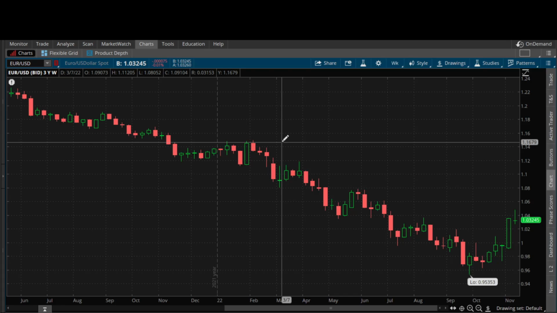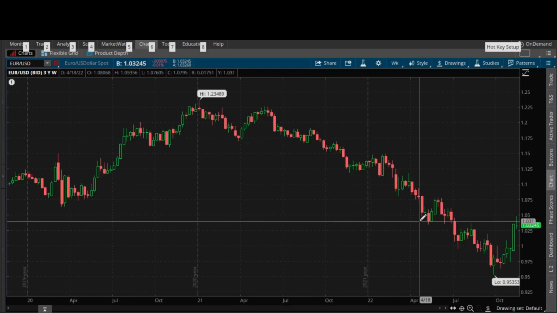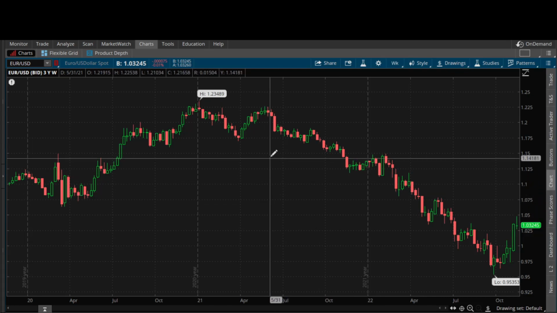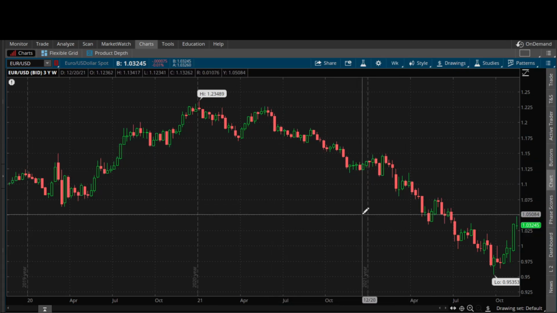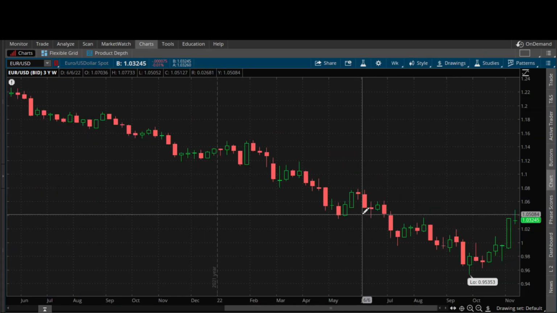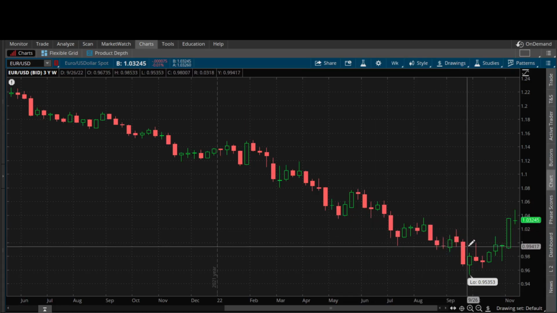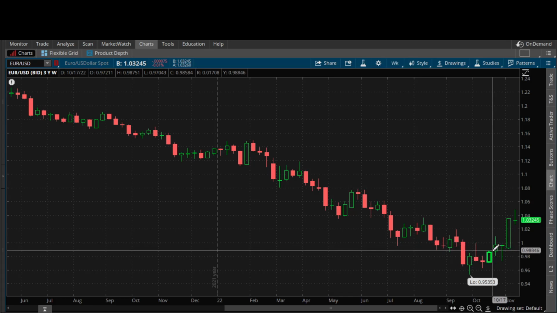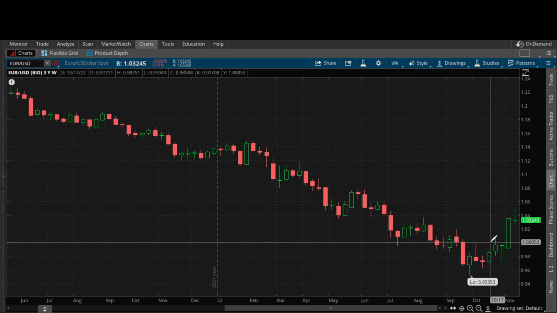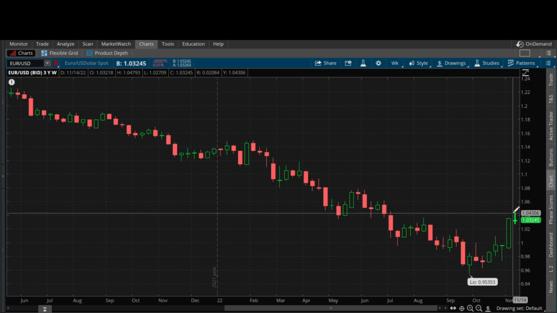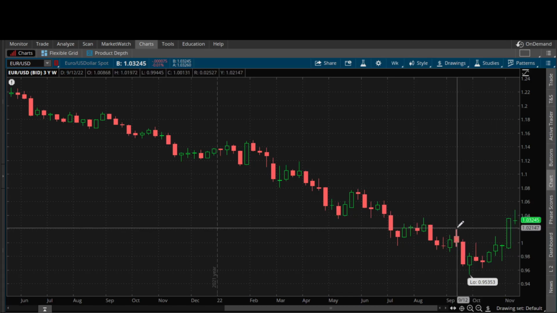Okay, so we're looking at a chart of Euro USD right here. This is a weekly time frame. Right now, we can see it clearly. It's been bearish, it's been bearish, it's been bearish, consistently making lower highs and trending lower. Now we can see recently though, right here, see this swing high? We came up, boom, we purged that swing high, and then we pulled back, and then boom, we get another nice move up, and now we're kind of playing around right here. So we did have a shift in structure on Euro USD. Currently on the weekly time frame, it is operating within a bullish market structure.